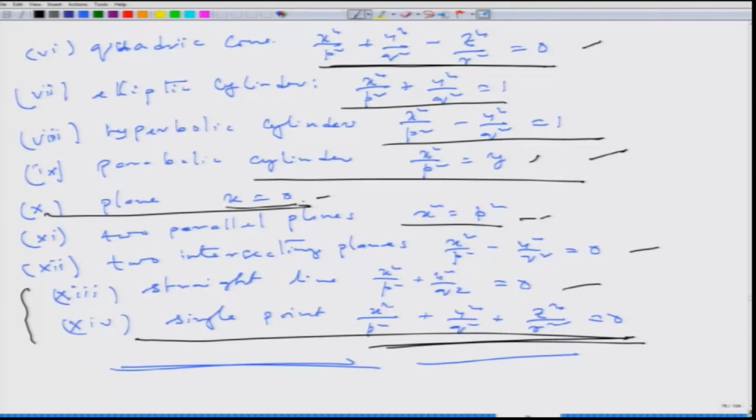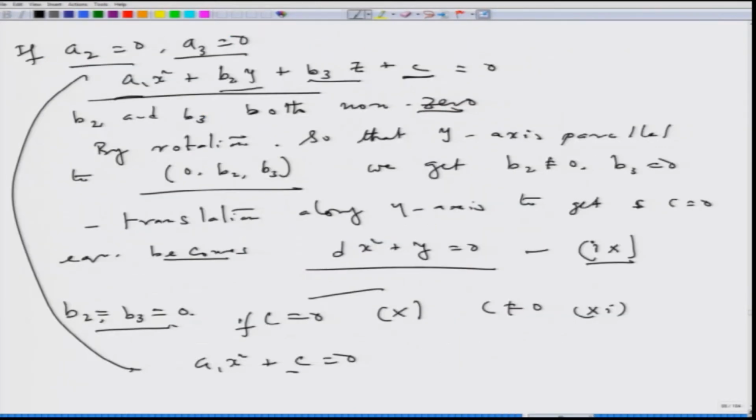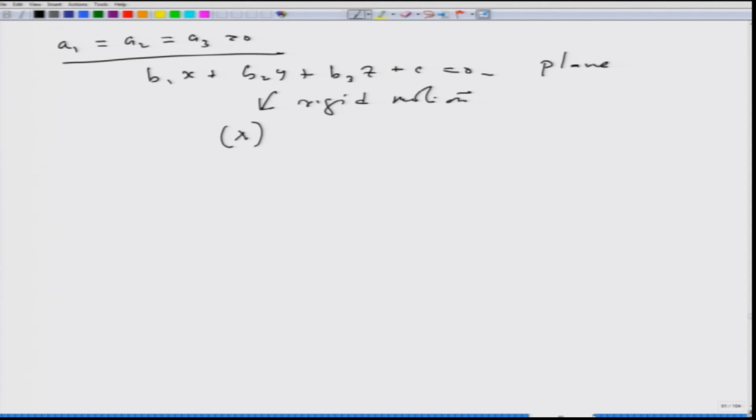Any plane, we can assume after rigid motion, is the yz plane, right. So, all the cases are covered. So, this is the proof for the so called